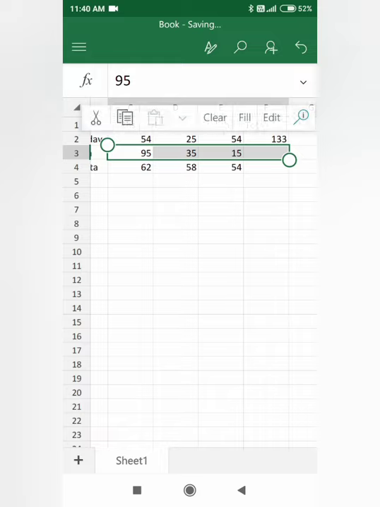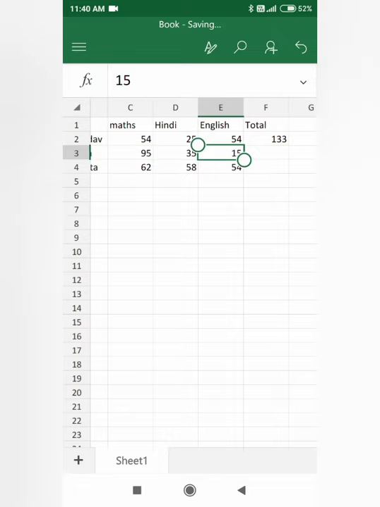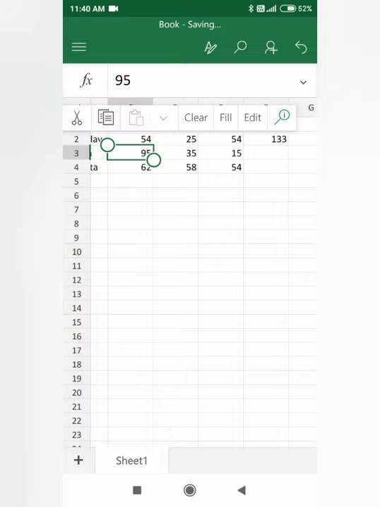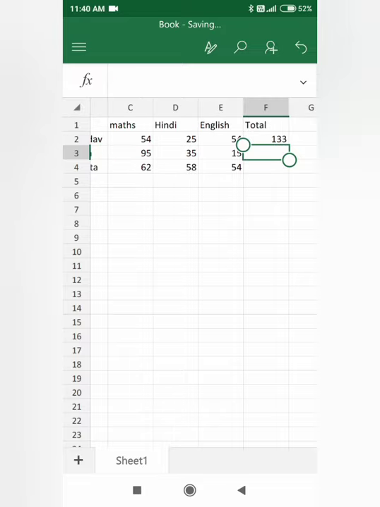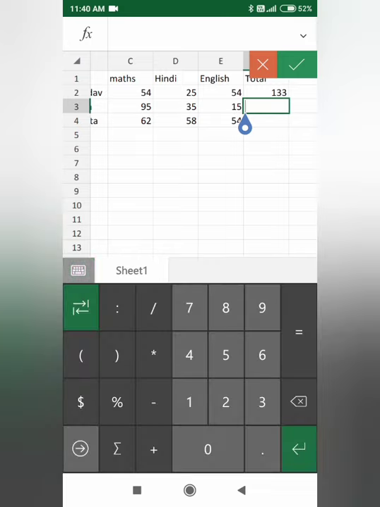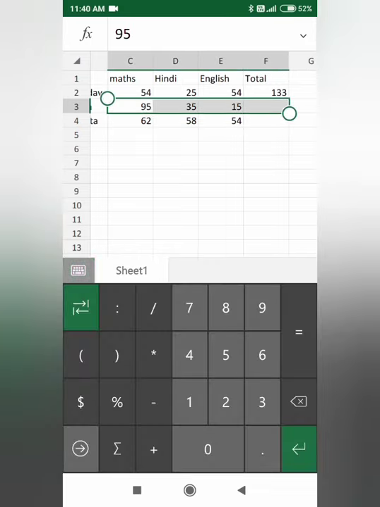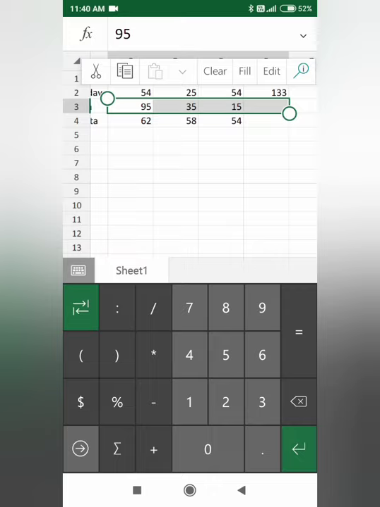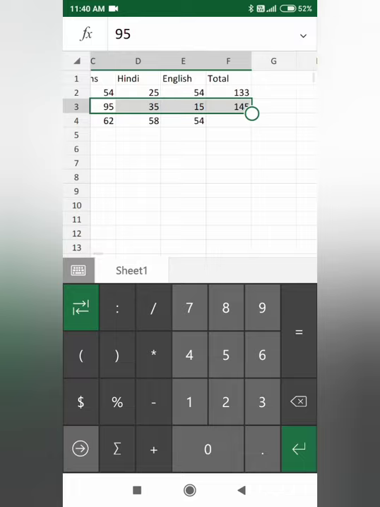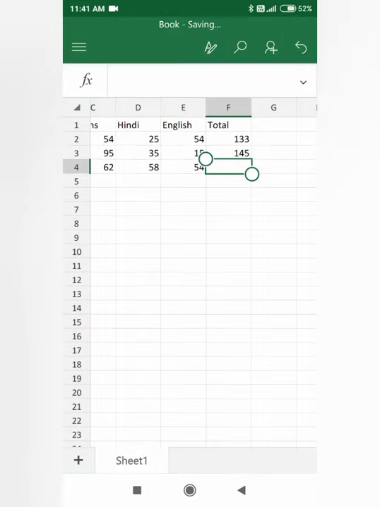Second type, you will get the total nicely. The second trick to give the total: you have to select the subjects and click here. See here, left side down. You have to click here, then you will get total.